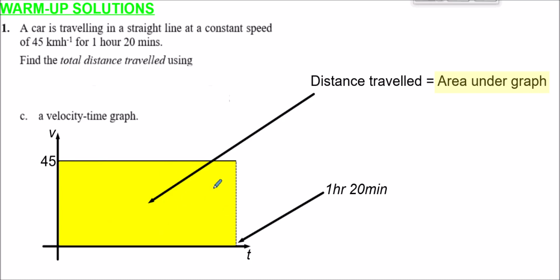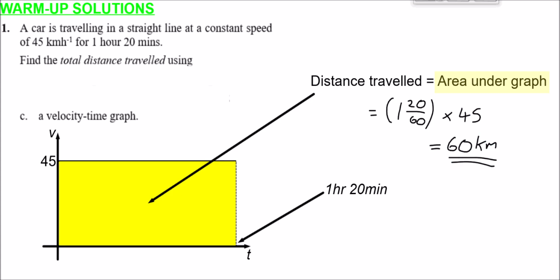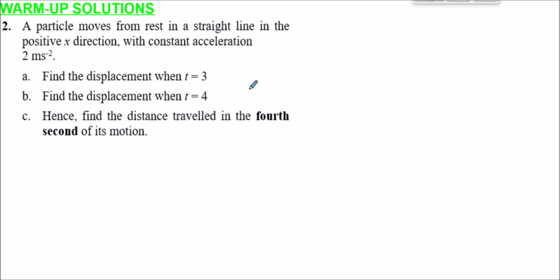So the area of this rectangular shape is obviously going to be the length times the width. The length, in terms of the time units, is 1 hour 20, which in terms of hours is 1 20/60 of an hour. The height of the rectangle is 45 units of speed, 45 kilometers per hour. And that again gives us 60 kilometers, as you'd expect. That's question 1 completed. For question 2, we've got a particle moving from rest in a straight line in the